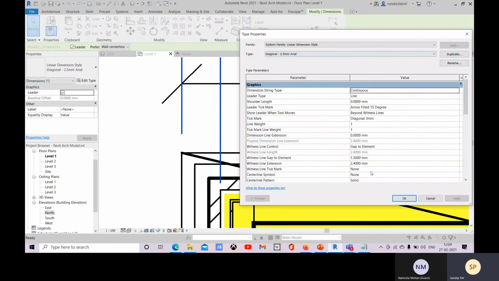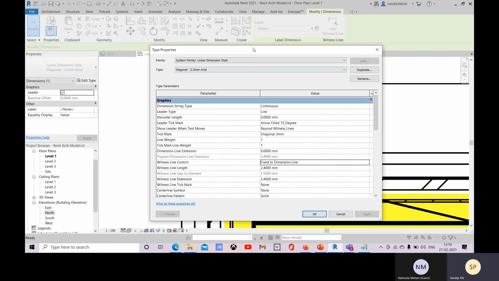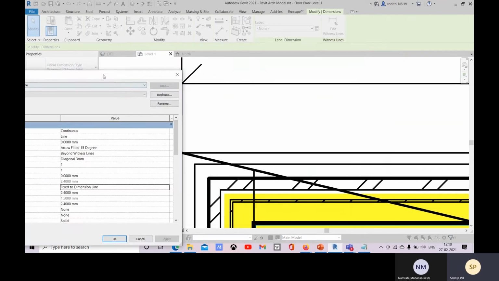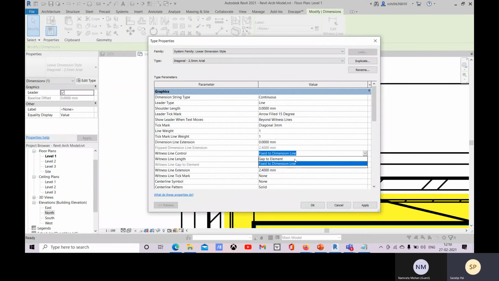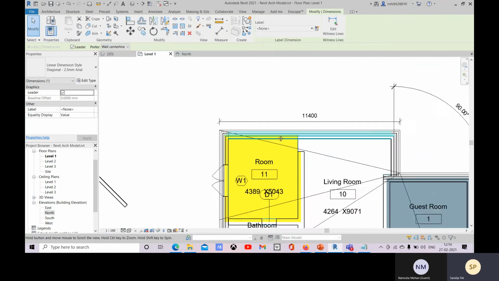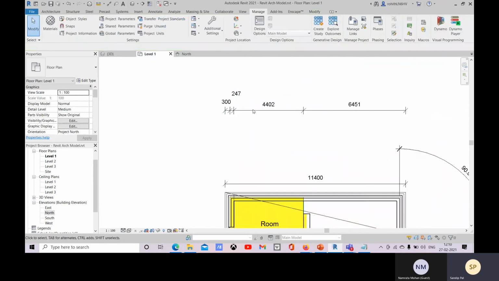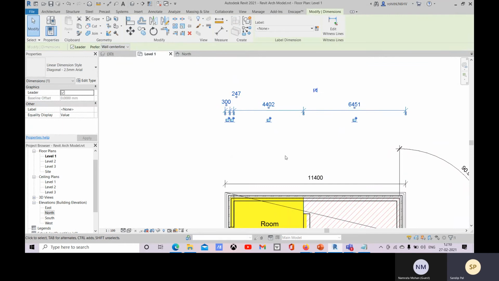This is your element, or from this point or from this point you have selected, so it's creating this gap. And you can go with this witness line control, you can fix to dimension line, so it will be fixed to the dimension line. Now if you go with this gap to element, you can change the gap. Let me show you how it's working. It's working like this.